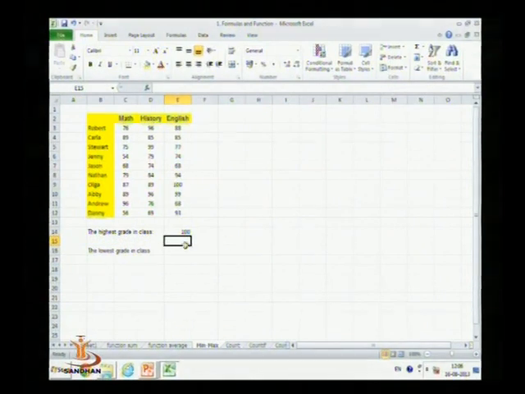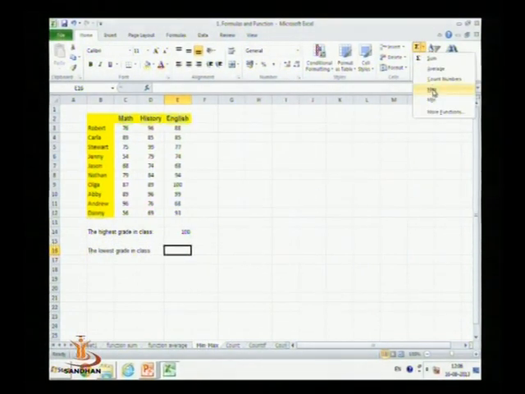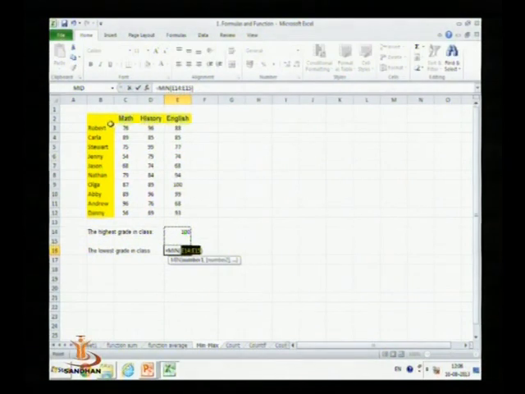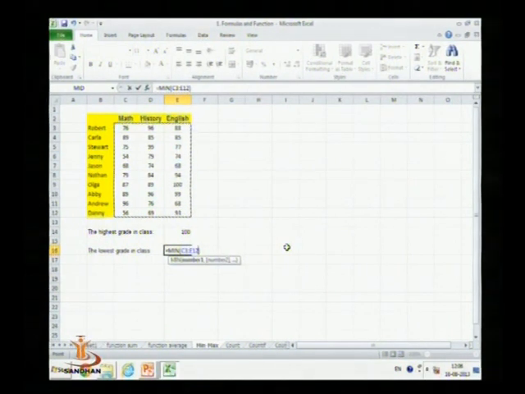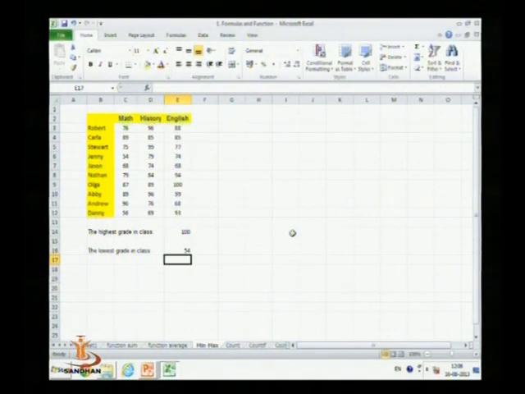It will find the highest grade in the class. Similarly, if you want to find the lowest grade in the class, select the minimum function and select the range out of which the minimum value is to be obtained, then press enter. It will calculate the minimum grade out of the data.